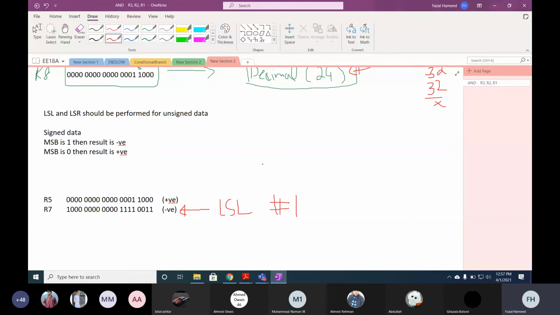But for arithmetic shift left, what do you do? What will you do in arithmetic shift left? And what about arithmetic shift right? Let's assume if we do